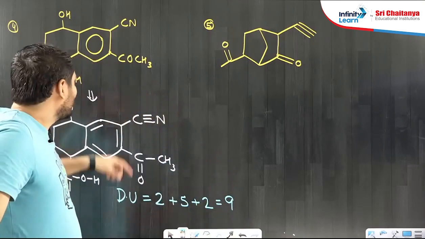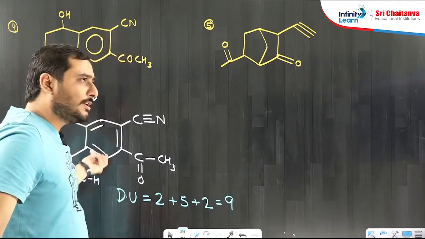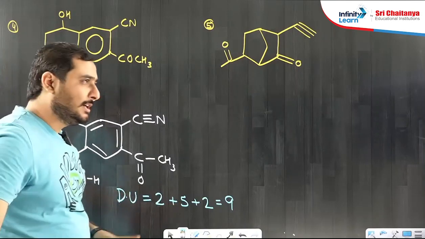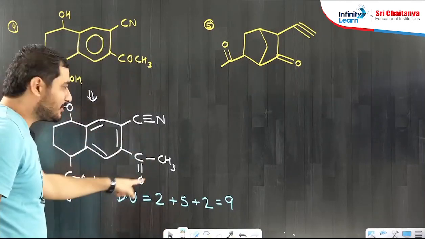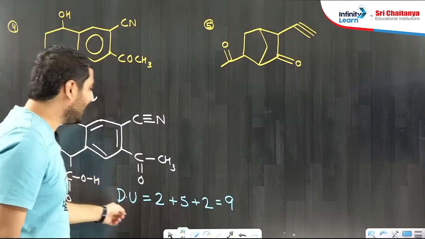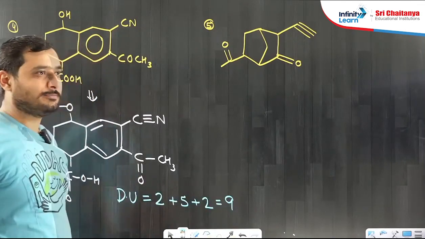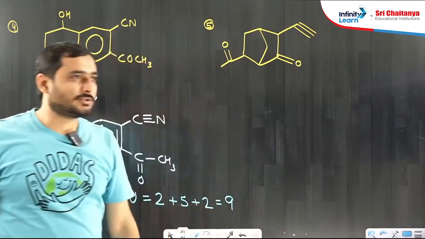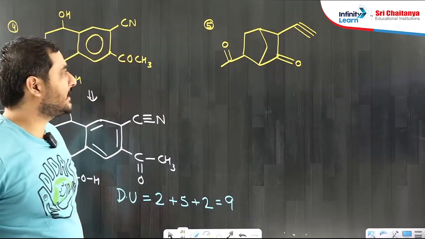Clear? So if you know these functional groups, you can draw the expanded structure. Then you can easily find the degree of unsaturation. Now important, in the exam they will not give this expanded structure. First they will write the condensed structure. You have to write the expanded structure and then find the degree of unsaturation. Clear? Now move to the next, the 5th part. Tell what is the degree of unsaturation for the 5th. For the 5th part the answer is 6.